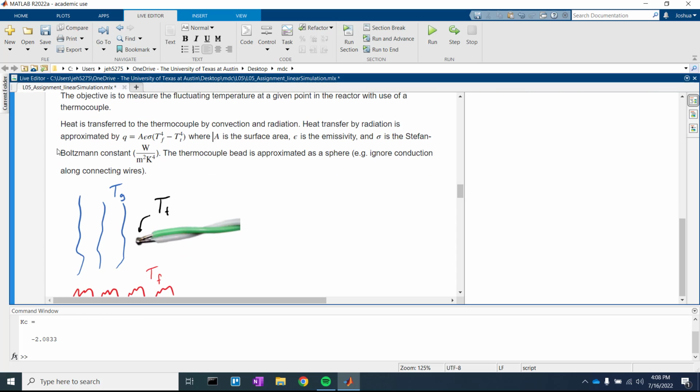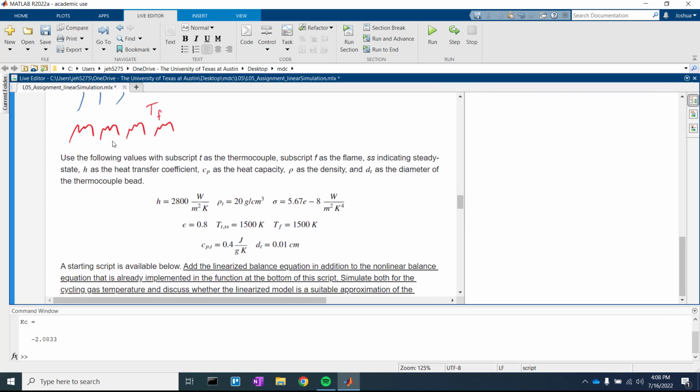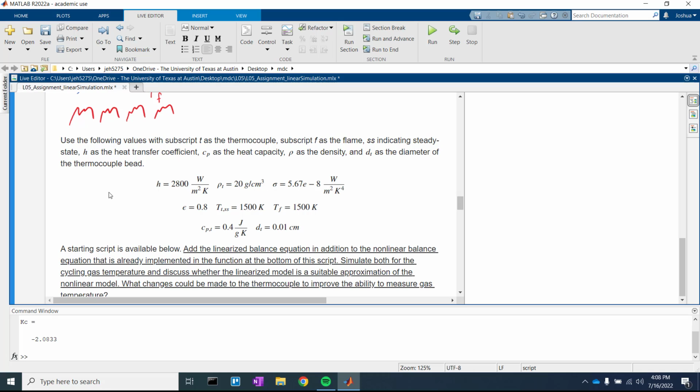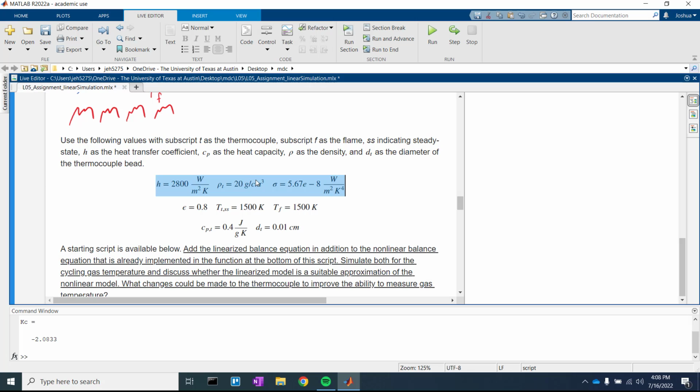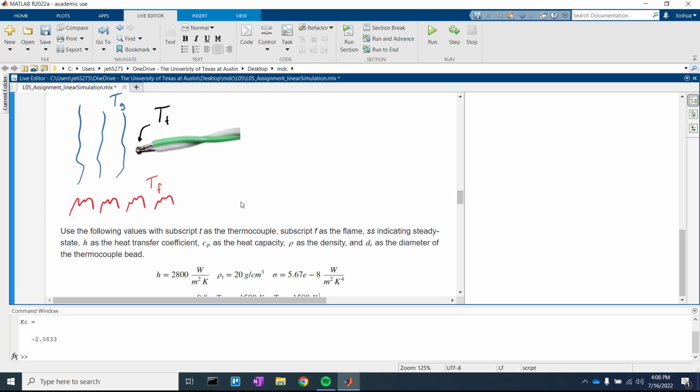The thermocouple bead we'll assume is spherical, and so we'll use that for the surface area. Here we have a few coefficients. We have the h for convection, the heat transfer coefficient, I should say. We also have rho, which is the density of the air. The emissivity we talked about before, the steady state temperature, and this TF, if you remember, we have to keep these